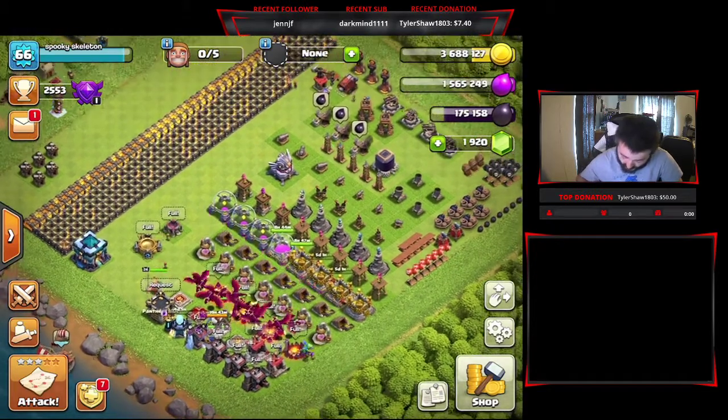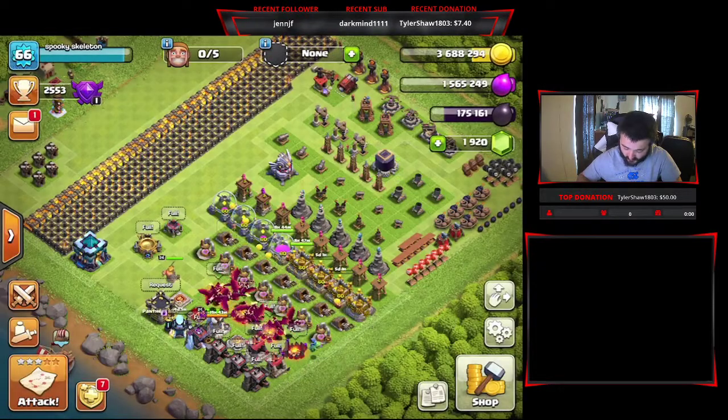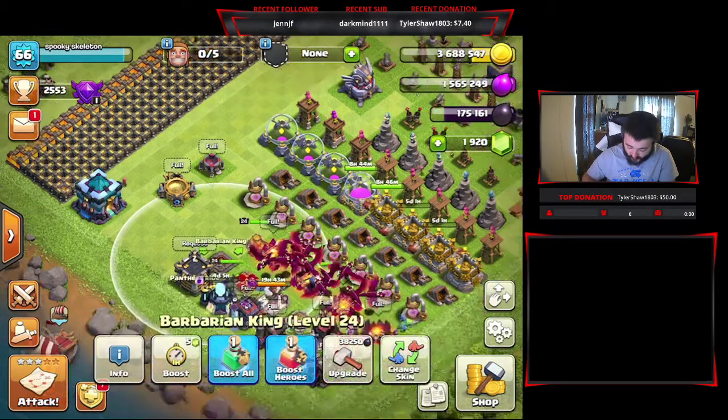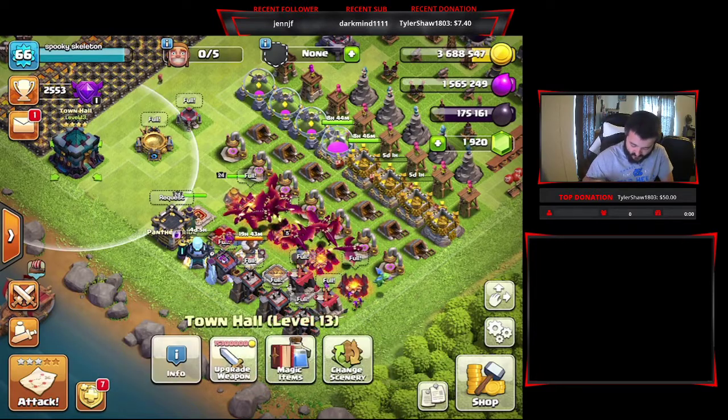Then I also need to not forget about the Dark Elixir storage. That's going to be another big key piece of the puzzle once my King and Queen continue to grow. They are both close to level 25. So at this point, I think